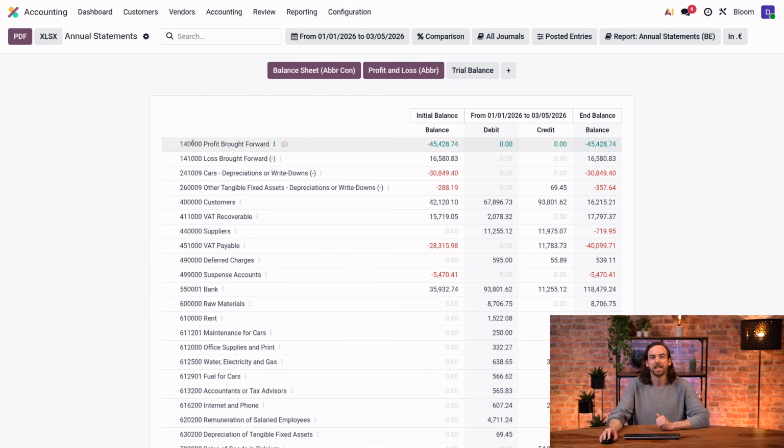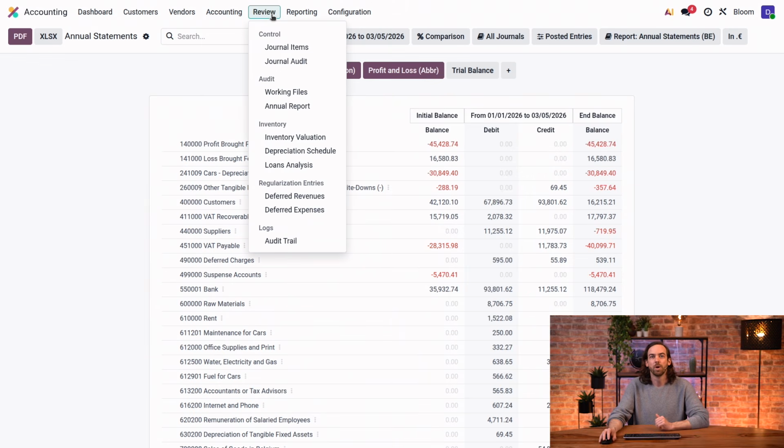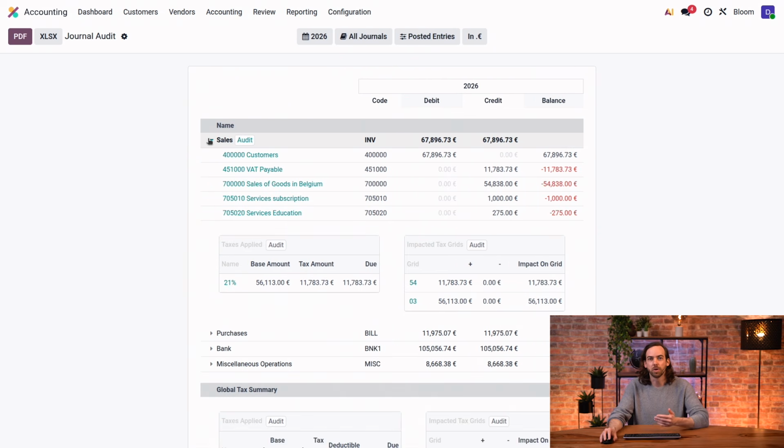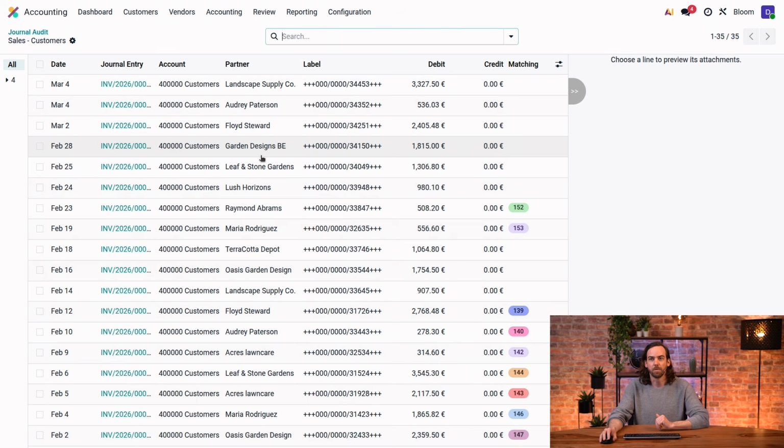All right, next in the Review menu, we'll find the Journal Audit report. Again, we can drill down on different journals, such as sales, to view all of the accounts that are involved here. By clicking on them, like the 400,000 customers account, we can focus on these entries here. Of course, we could click on any individual entry to display its details, but instead, let's go back to the